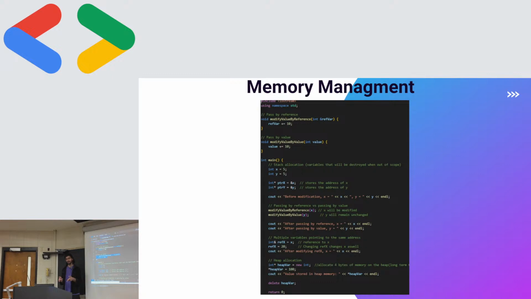What happens in pass by value is the input you put in, the function creates a copy of that, and it kind of gives you back what you put in. So the thing you put in keeps its value, and the function ends up creating a copy and working with that. And that's essentially what's going on here, right? So whatever you put in for value in the main code,